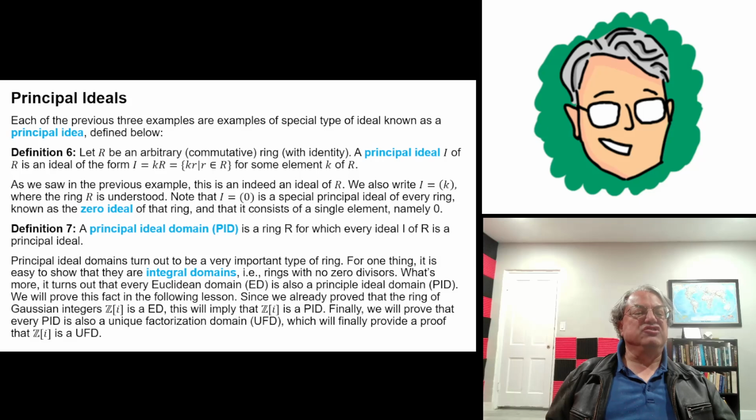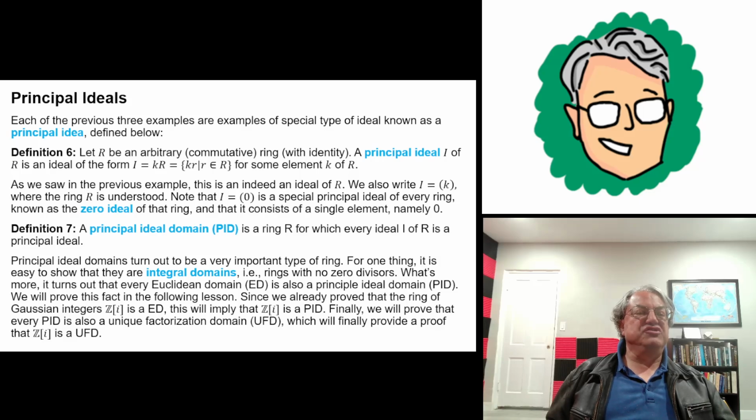And we also studied Euclidean domains. Those are just integral domains for which you can apply the Euclidean algorithm. I think I talked about that a few lessons ago. We proved that the ordinary integers are a Euclidean domain. Not only that, I think we also proved that the ring of Gaussian integers is a Euclidean domain. So Euclidean domains are very important.